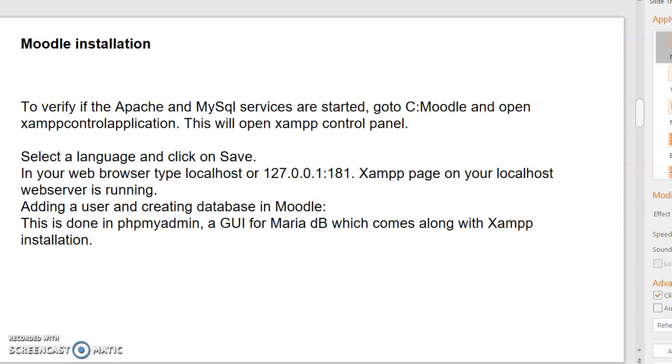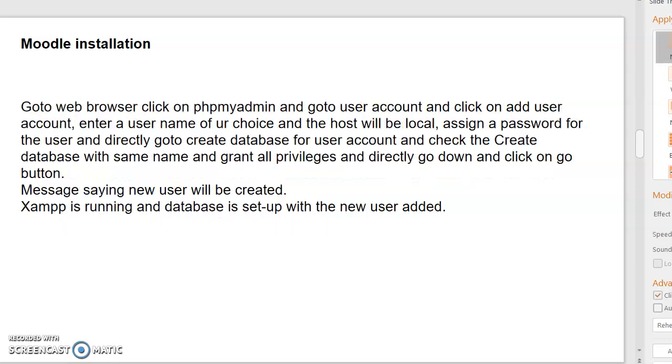Adding a user and creating the database in Moodle is done in phpMyAdmin, a GUI for MariaDB which comes along with the XAMPP installation. Now what we have to do? We go to the web browser, click on phpMyAdmin, go to user accounts and click on add user account. Enter a username of your choice and the host will be local.